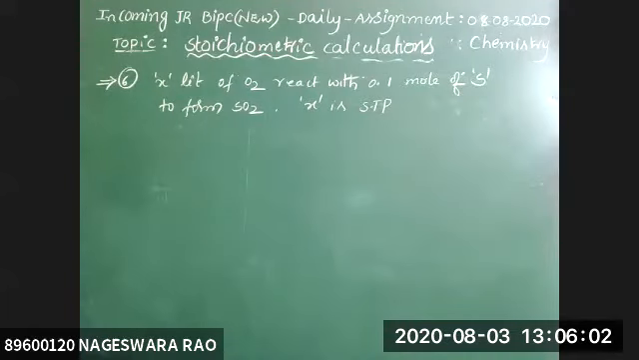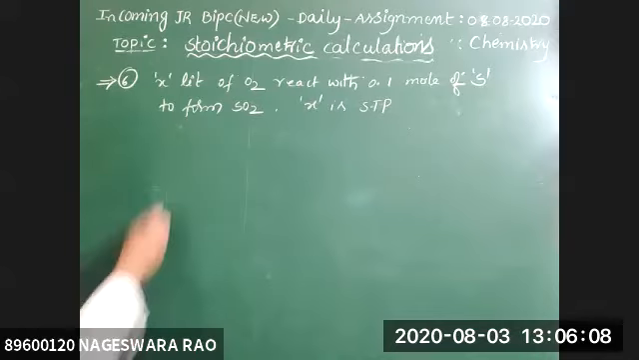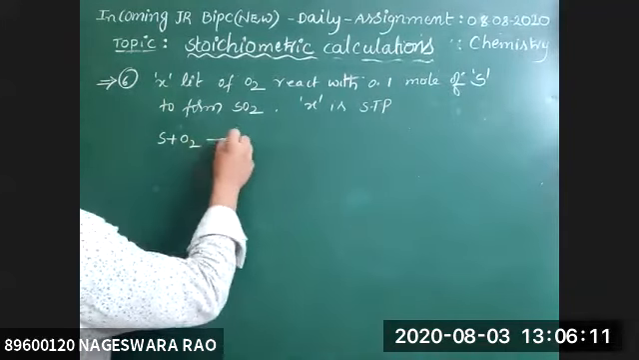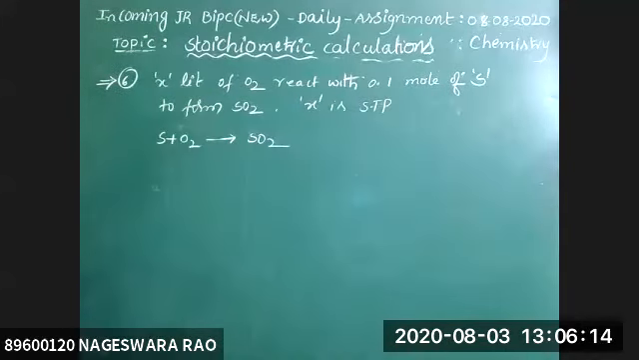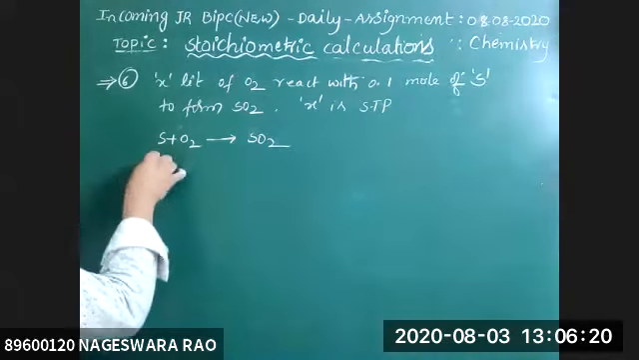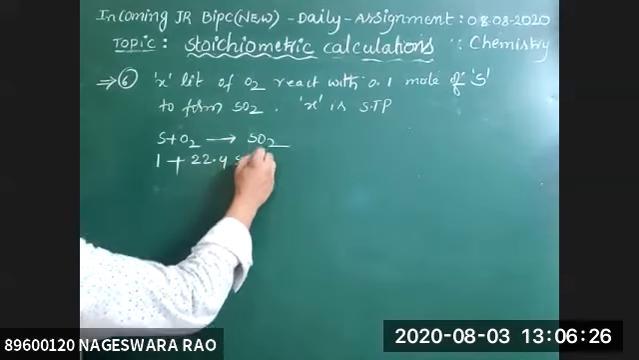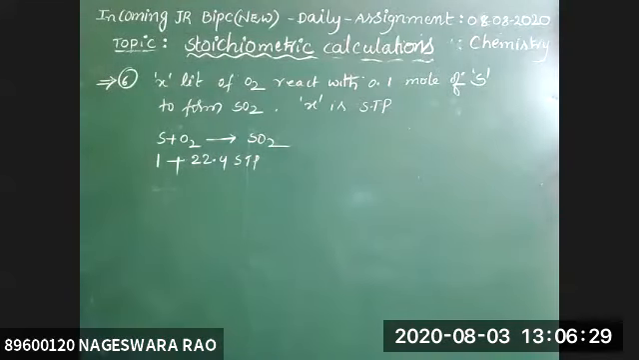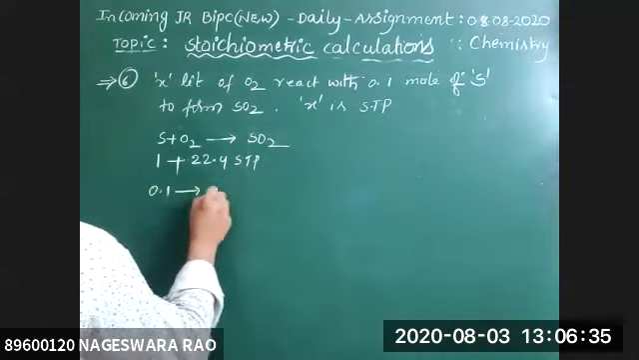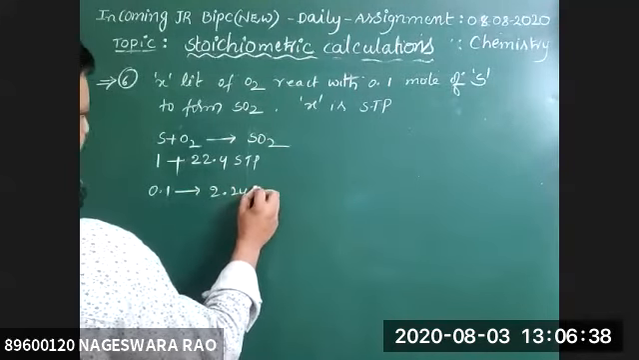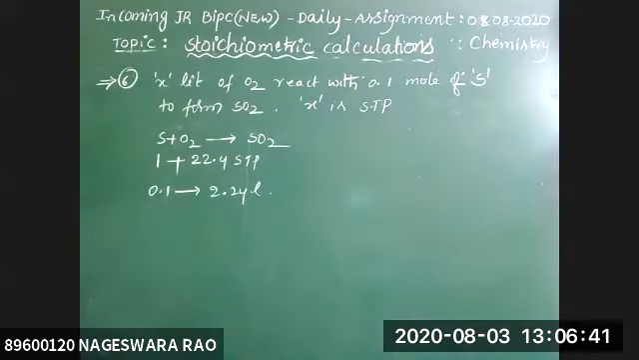X liters of O2 react with 0.1 mole of S to form SO2. What is that? S plus O2 gives rise to SO2. So 1 mole of sulfur reacts with 22.4 liters at STP. So here 0.1 mole gives how much? 2.24 liters of oxygen. So 0.1 mole of sulfur reacts with 2.24 liters of